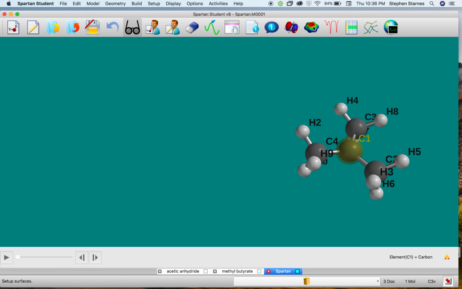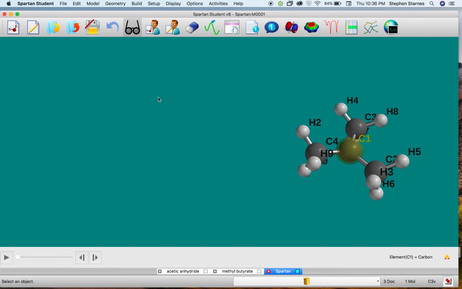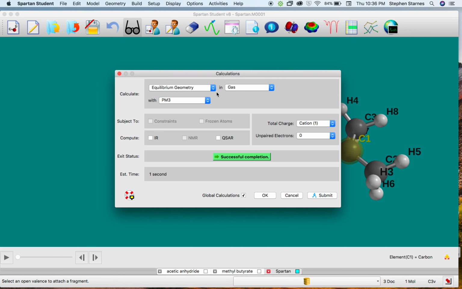And if we wanted to know the energy, if we display output, there's your energy. If you remember, the more negative or the less positive the energy is, the more stable it is. So if you compare different carbocations, primary, secondary, and tertiary, the one that's tertiary should have the least positive or the more negative energy. So if we go to a higher level of theory here, setup calculations, so if we go to Hartree-Fock, so ab initio theory,